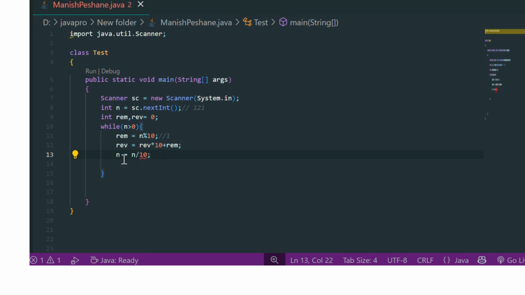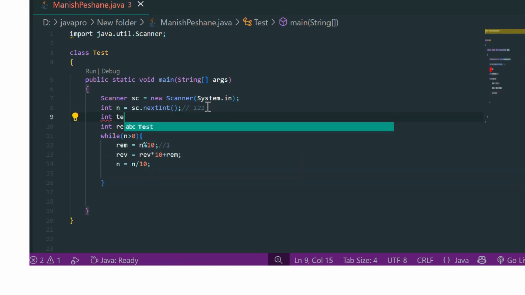So our logic is completed. Now we need to create one temporary variable to compare the reverse and the n value. If they are similar, then it is a palindrome number. Here we create one temp variable and declare it as n, so the temporary variable value is also 121.